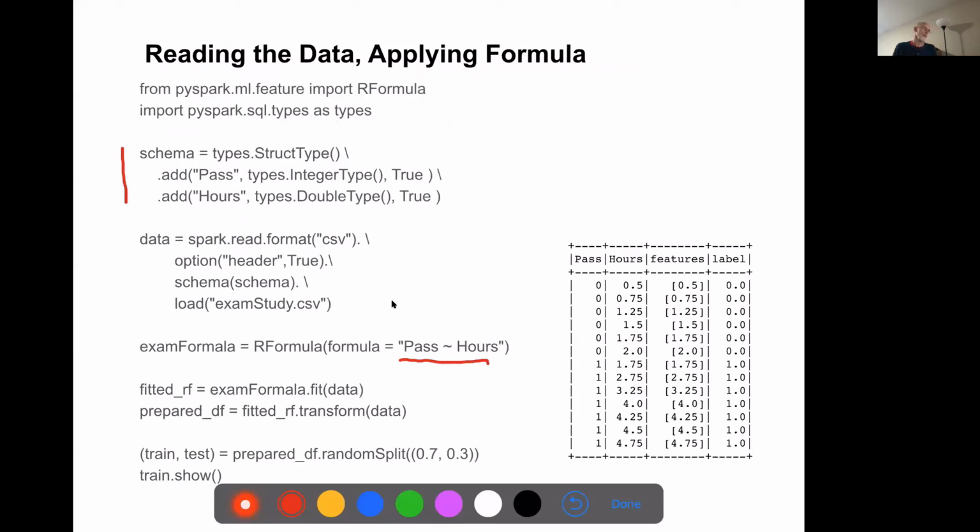Once we've done that, I split the data into two parts, one for testing, one for training, and I specify how much I want for each. So I'm using 70% of the data to train and 30% to test. And then we can look at each set.